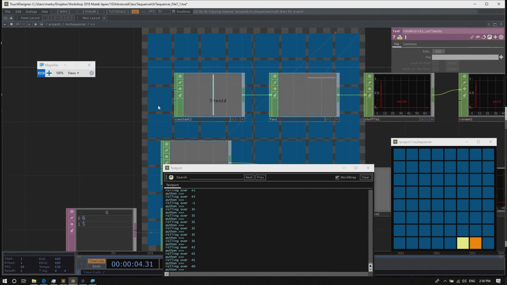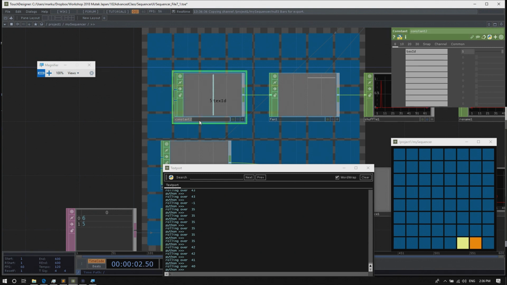So with the event instance ID, we can push that into this table here where we defined this number text ID and this constant CHOP, and I'll rename this constant CHOP to roll. This is the constant CHOP where we defined the text ID.